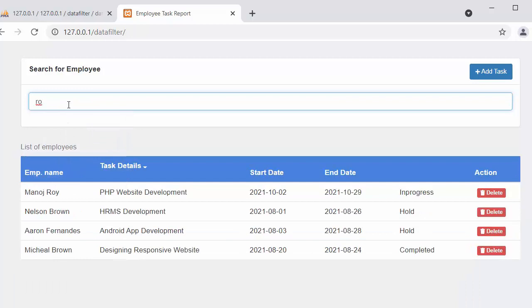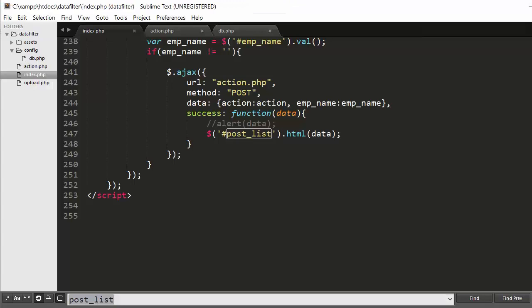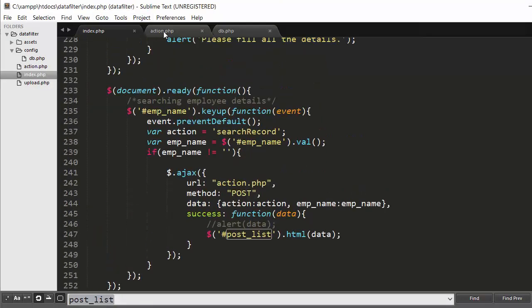If I type RO, then it will start displaying those records which have RO letters in their employee name. Okay, so this is a small functionality of searching or filtering the records based on a specific field from the MySQL table.